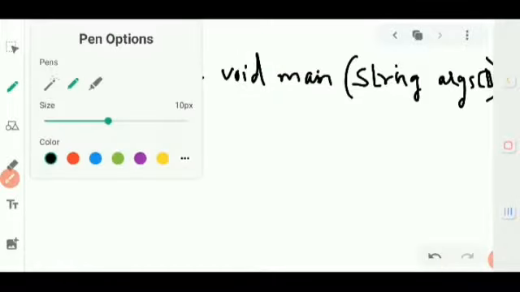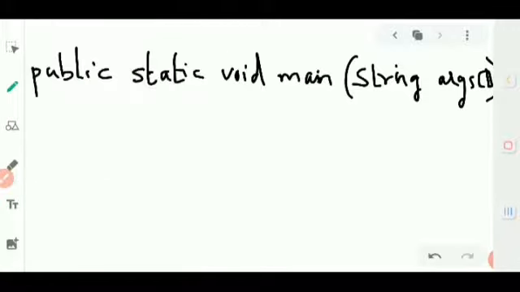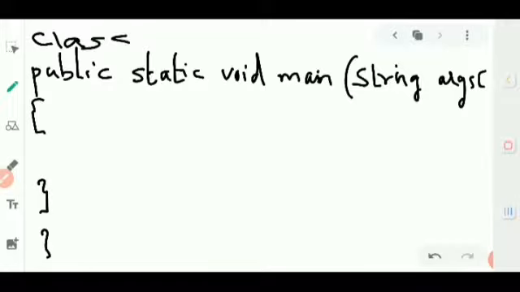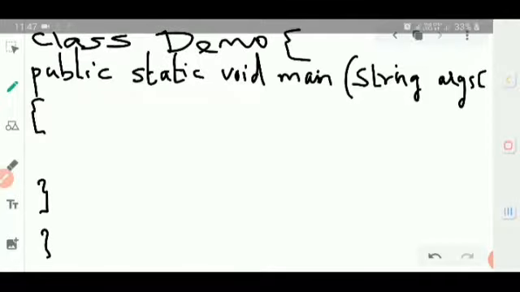So here, for a simple example, closing of the program, and here I will bring our class name also, class demo, open one parenthesis.